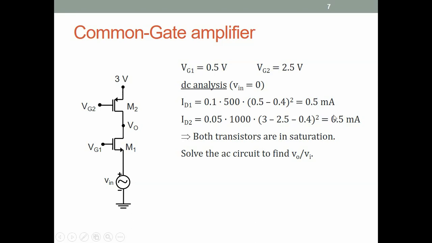And so because they have the same current, we can conclude that the transistors are in saturation because they have equal saturation currents. Incidentally, when we solve the DC circuit, we will make the small signal voltage 0. So this small signal input voltage is 0, and so the source is grounded for the DC circuit, and that is how the DC VGS1 is 0.5 volts. Okay, now let us solve the AC circuit. So we want to find the voltage gain of this circuit. You can pause the video and find the voltage gain and then continue.